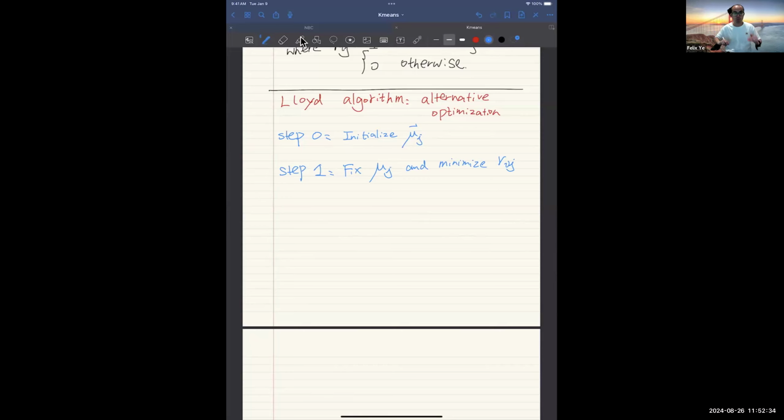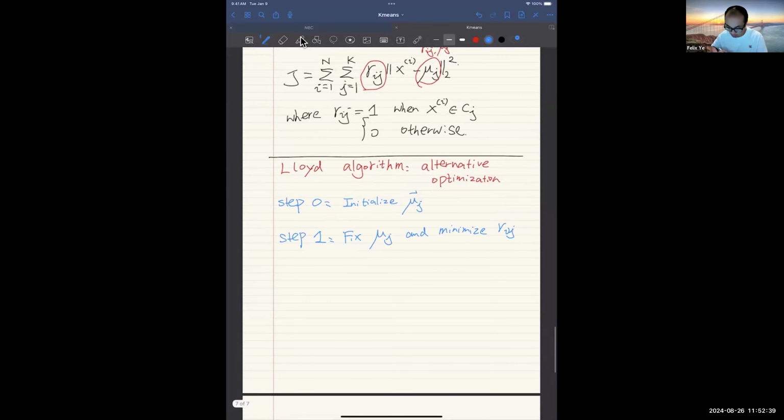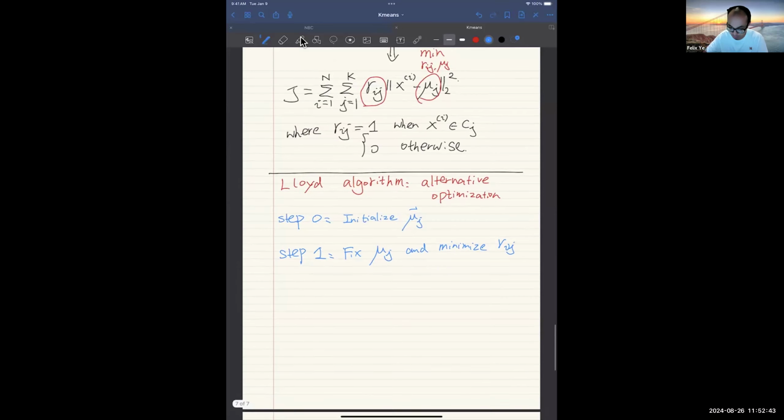So what does that mean? We need to solve an inner problem. Basically, my mu j is fixed. The only thing that we need to do is find rij here. You're going to show in your homework that this process is equivalent to